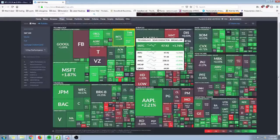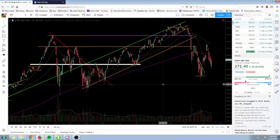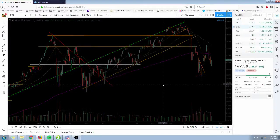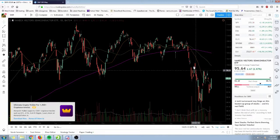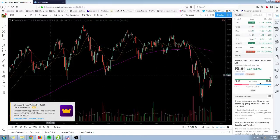So I thought maybe let's take a look and see if we could find some names. Now again, if you take a look at what the S&P 500 has done, what the NASDAQ or the Qs have done, and then what semiconductors have done, you can see that relatively speaking, they've been pretty beat up, right? If you look at what we've done throughout the year,